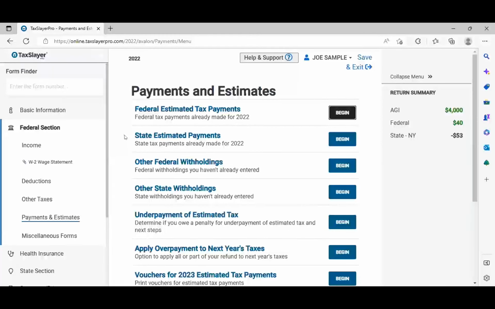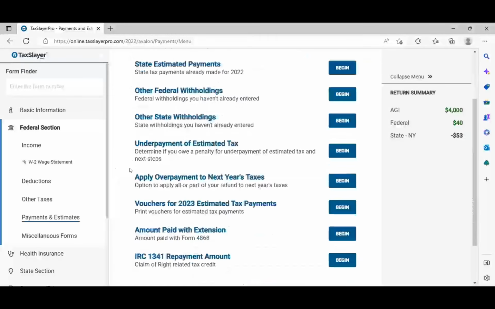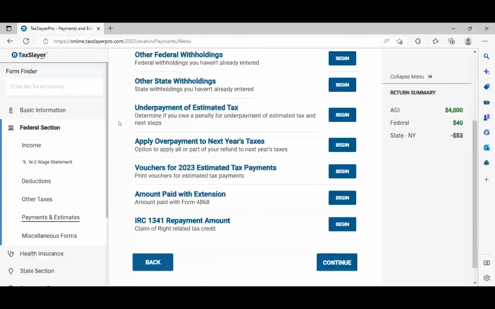The same is true of state returns, maybe other withholdings that are coming from other sources. You might see this in the instance of withholdings on unemployment compensation that more or less should be reported on the unemployment screen, but there might be federal withholdings coming from other sources that cannot be entered on other screens. You might have to enter it here. Okay. Estimated tax payments,